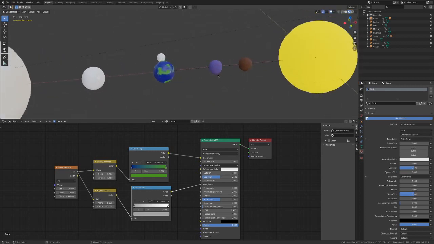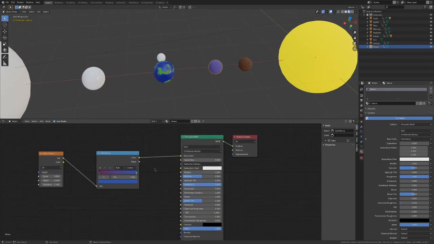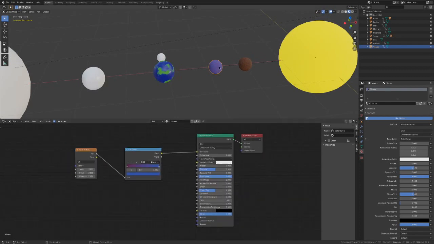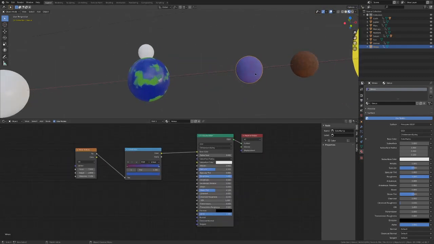For example, if we go back to Venus a second, we can decide that the blue part will emit some light. So we have to take this